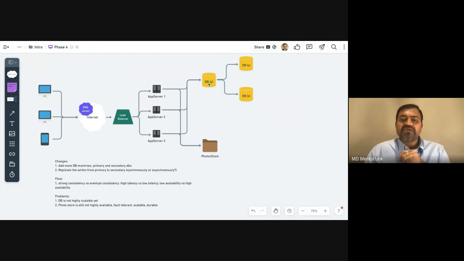At any time, if primary is not available, again, there is a software in front of it, or sort of a load balancer or proxy, which can make some decisions based on if this database is for whatever reason down, it can quickly flip to the other one and make that as primary. And there are some pros and cons, but that can be done, right? And the other thing is, if the scale is very high, then these also serve as read replicas, right? If the read goes very high, so you could have those provisions also. But basically, what we have done is now reduce this single point of failure to not being that single point of failure, right? Similarly, we can scale photo store, but we'll see in the next slide.